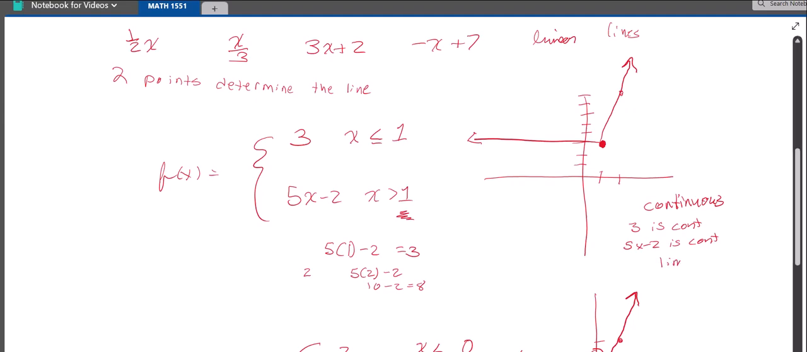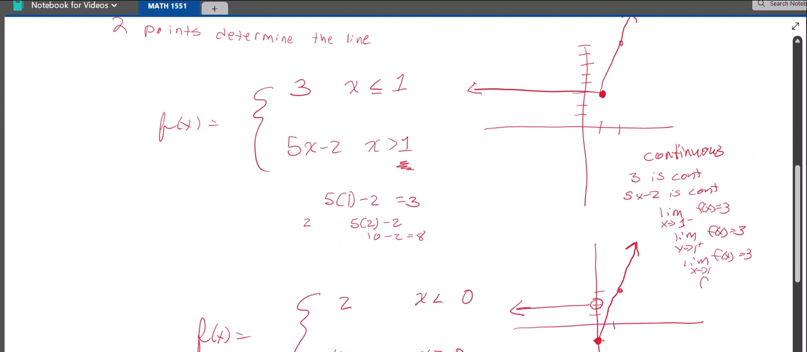And I would say the limit as x approaches 1 from the left of f of x equals 3. The limit as x approaches 1 from the right of f of x equals 3. So the limit of f of x as x approaches 1 equals 3. And f of 1 equals 3. And these things together